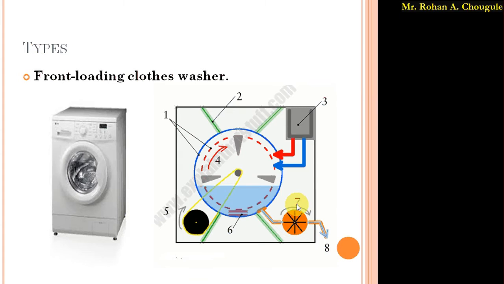So due to these paddles, the water and detergent get pushed hard into these cloths, and again, as I said, this is one of the mechanisms which is used to clean the cloths. So basically these paddles are used to slosh the cloth with the help of water and detergent.